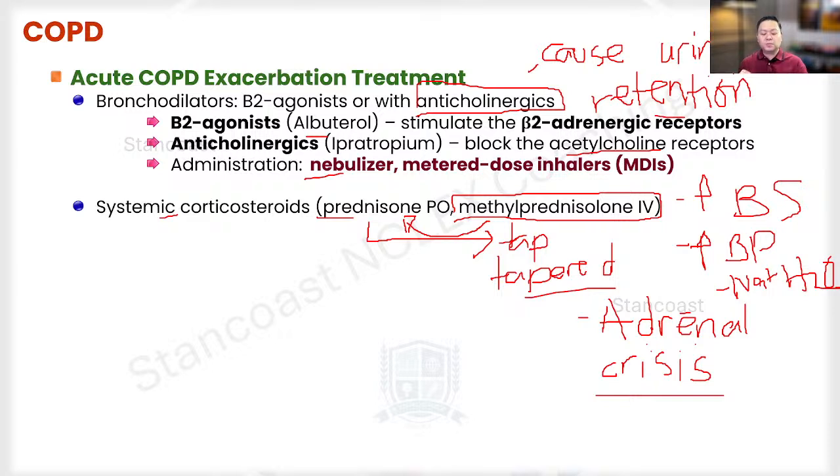And so in order to mitigate this issue, in order to prevent that from happening, we are going to taper the dose. It simply means that maybe during the second week before the medication gets discontinued, the dose will be probably 2 milligrams per day. And then probably the next week, it will be reduced to 1 milligram, maybe an interval of 1 day. Then there will be a slow reduction of the dosing schedule. Again, our goal for that is to prevent adrenal crisis.